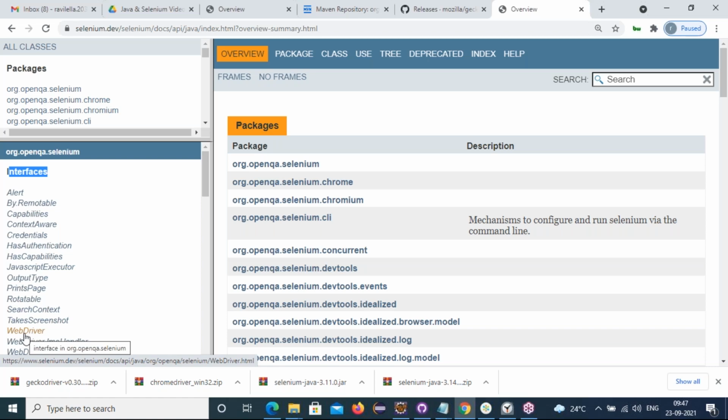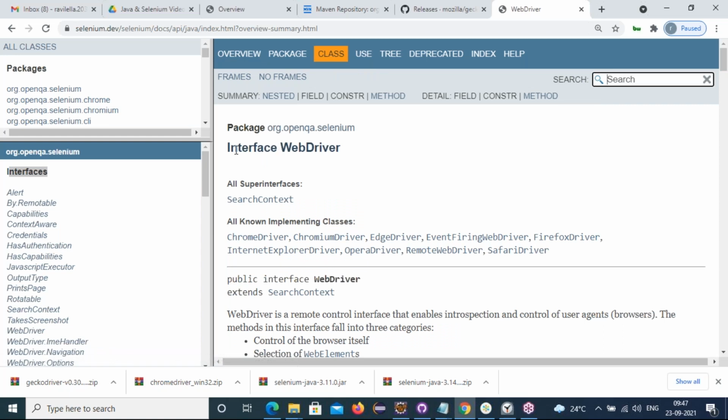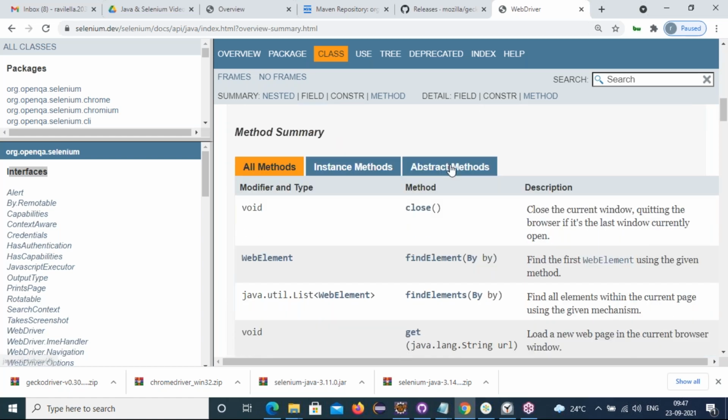Friends, what does this WebDriver interface contain? What type of behaviors? It contains abstract behaviors. If we come down, here we can see the abstract behaviors under the interface.